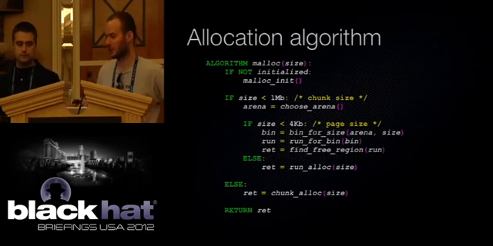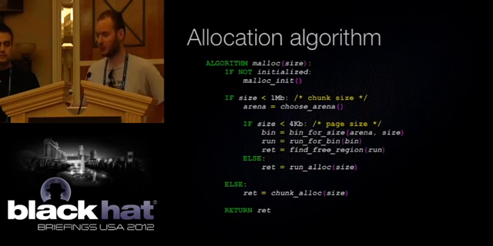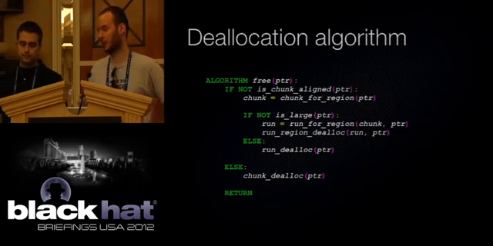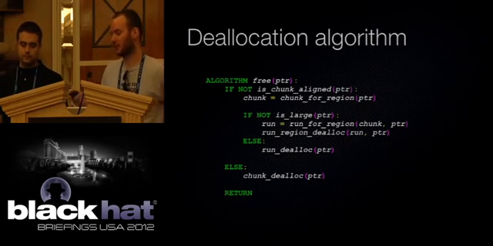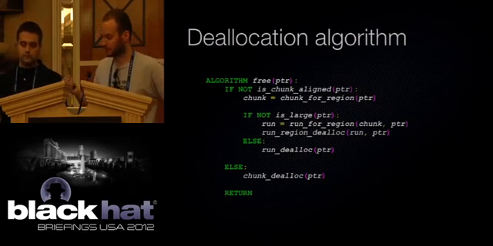The deallocation algorithm is pretty much the same. When a user calls free, the pointer passed to free is checked to see if it is aligned at an address that is a multiple of the chunk size. If this is the case, then a function is called to deallocate this chunk and actually remove it from the global red-black tree used by jemalloc. Otherwise,